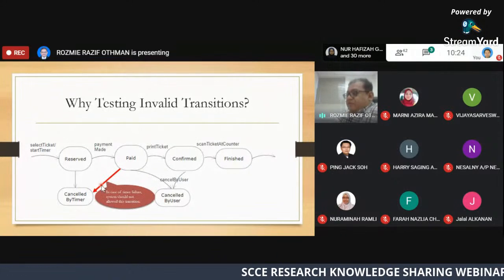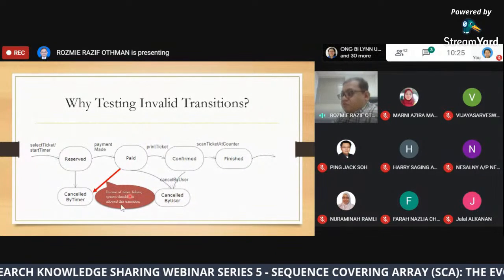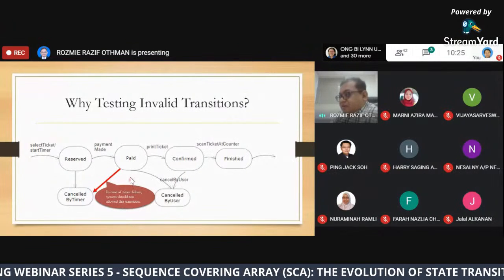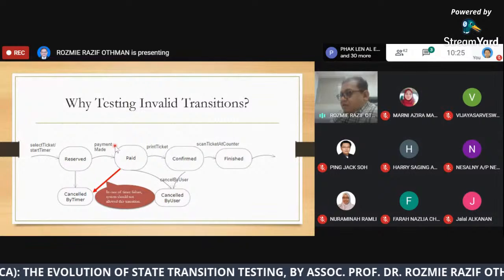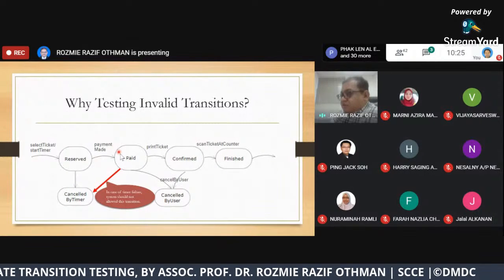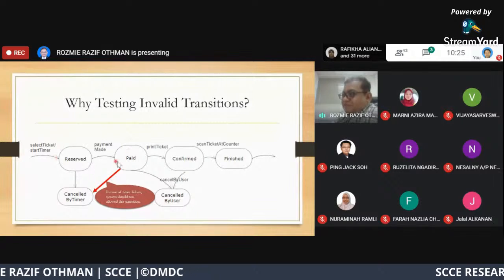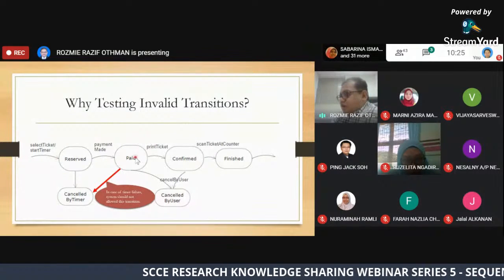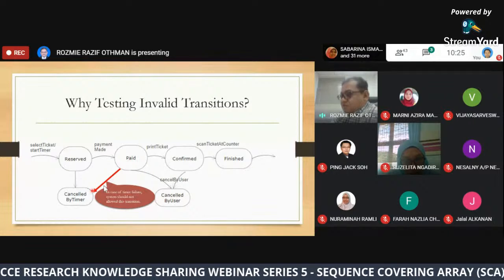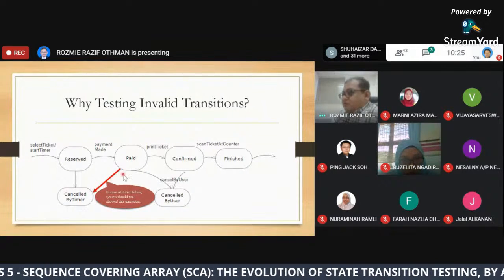So here, in case of timer failure, the system should not be allowed to do this transition because the customer has already made the payment. Even if the timer is not stopped and still continues to count the time, even if the timer times out, we shouldn't allow this kind of transition. This is what we call an invalid transition.